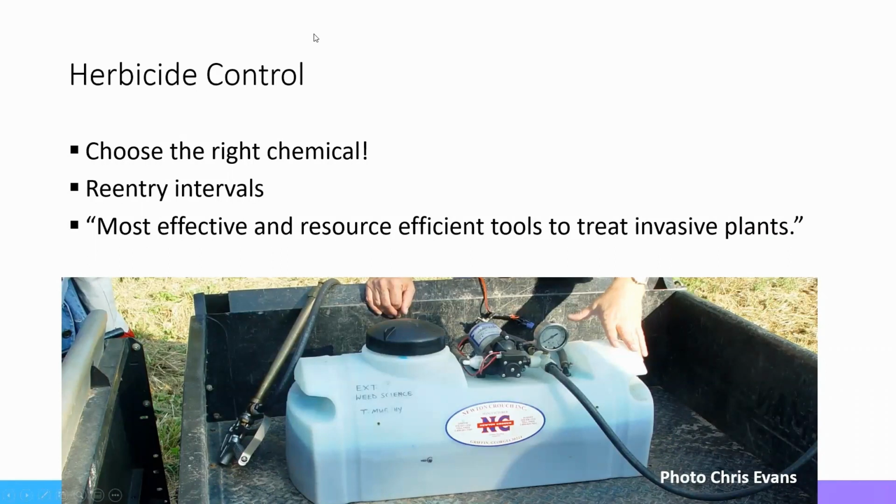And when it comes to using herbicides, it's important that we select the correct chemical, and that we follow the labels in terms of reentry intervals and personal protective equipment.